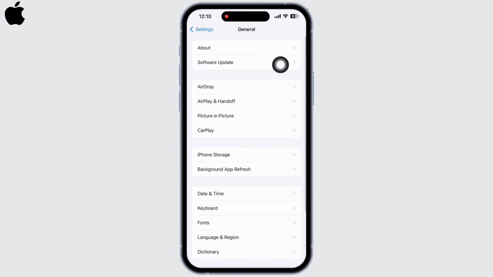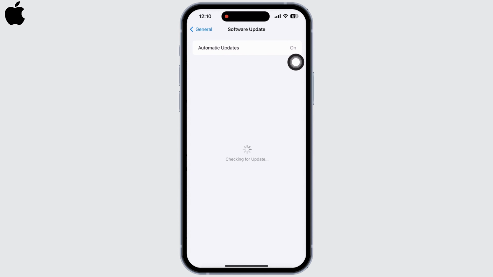Also, go back to General and tap on Software Update and make sure your device is updated to the latest